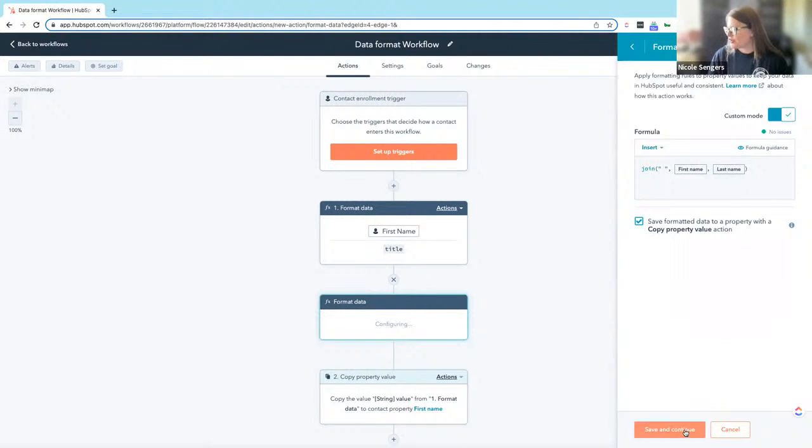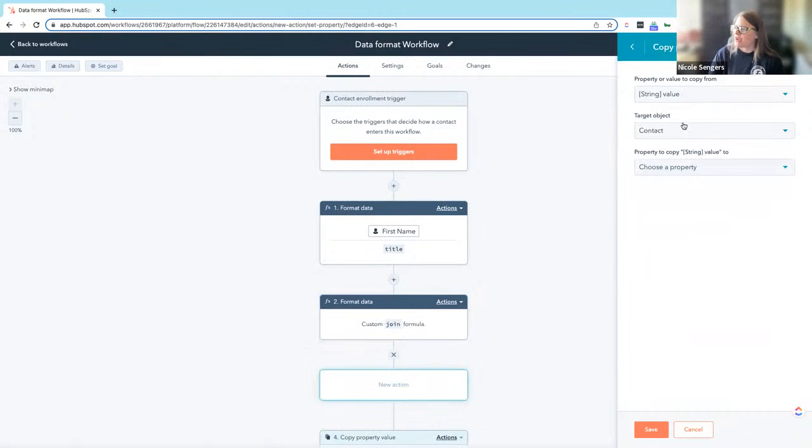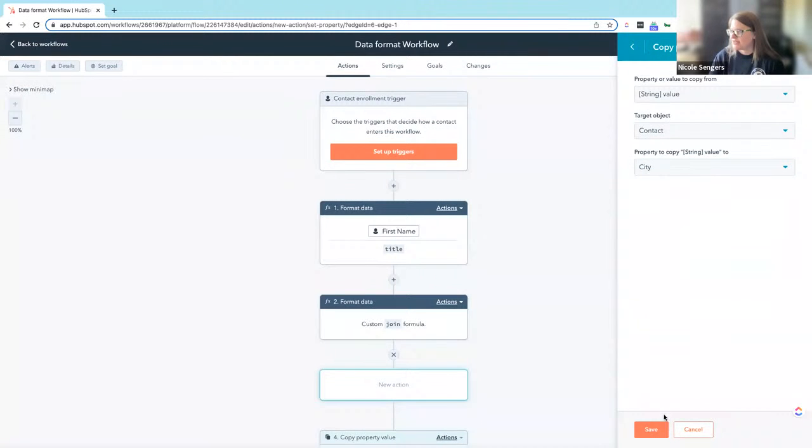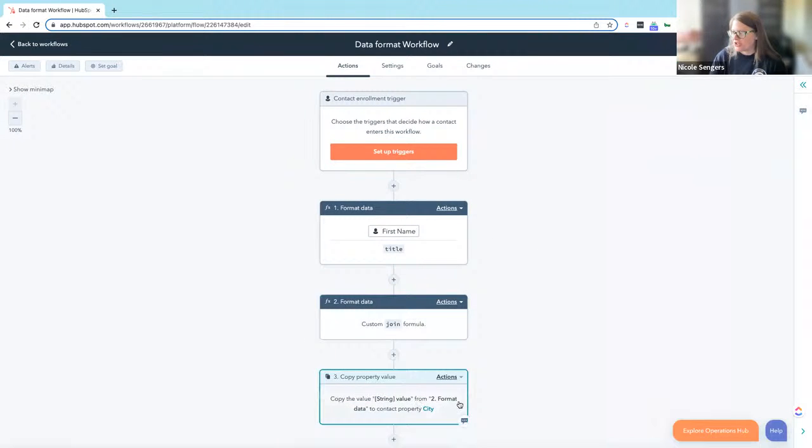Now, when I go to complete this action, I can create a property called full name, and I can insert that into my database. I've just saved it to any property over there. So you can see that you can create with more flexibility, and essentially run your database through a formula to be able to get better data and more information out of what you need. And that's your data format and data cleaning steps. The next